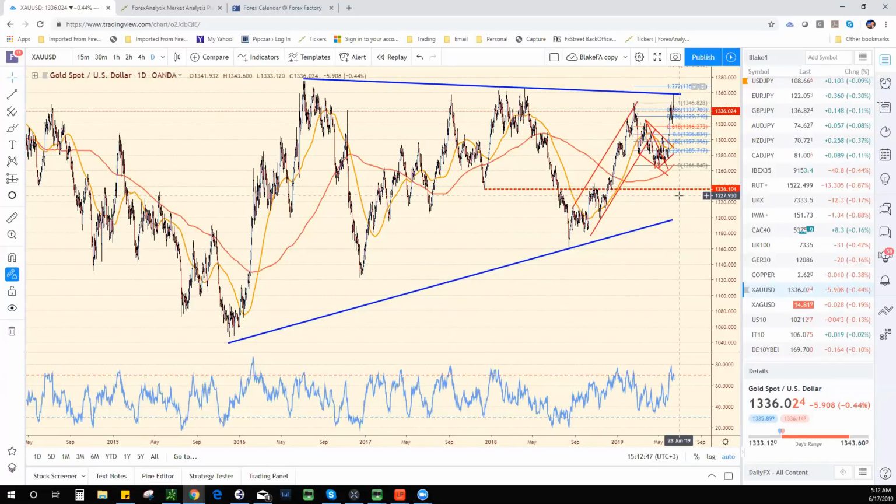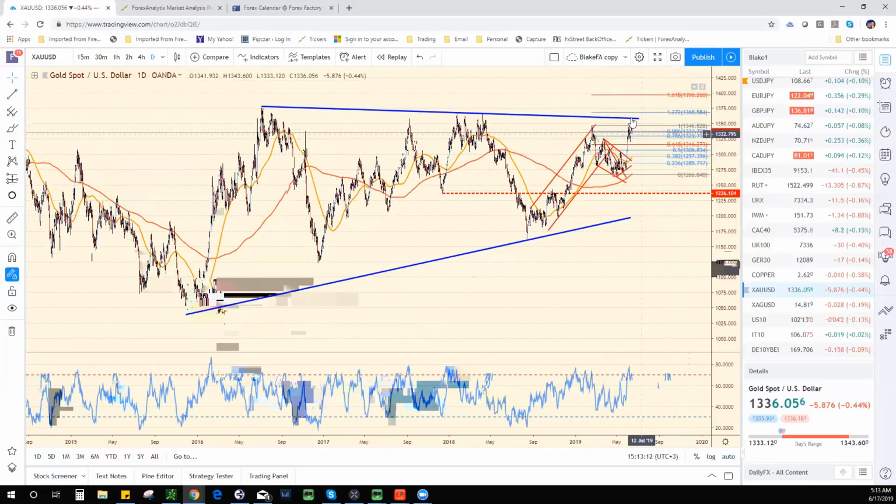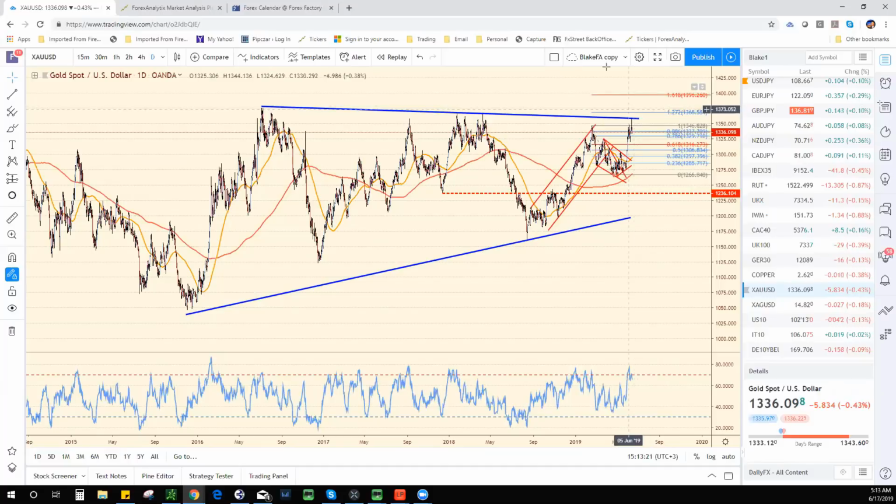So when there is a big breakout in the market, whatever asset class you're looking at, whether it's the S&P, gold, or the dollar index, I always think about the domino effect. The domino effect is, what correlates strongest with gold, and where's that going to move? So if gold actually breaks out, and let's say we take out 1370, then 1375 or whatever this is, and we start actually really moving, breaking out like this, then